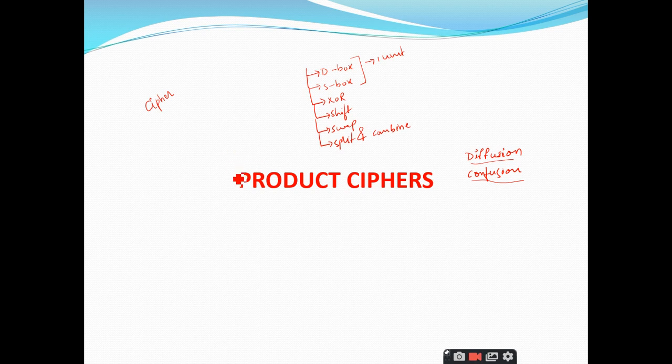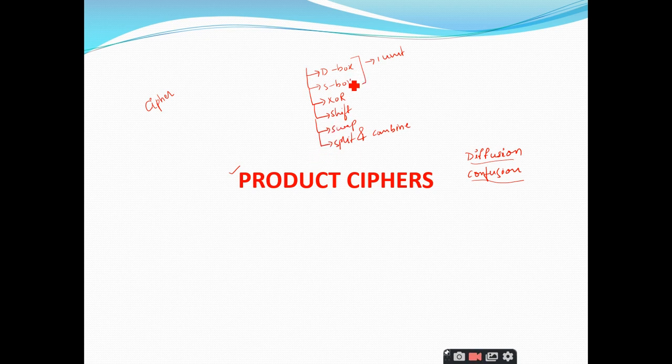So have you understood what actually is the product cipher is? It is nothing but a combination of one or more components. It's not necessary that you always combine the D box and the S box only. You can also combine this T box, S box with SR, or you can make use of the swap component with S box and D box. Like that you can make any combination of the product cipher, but you should also remember that it is not a single unit. So you combine it as a single unit, but these units are n number. These units are in n number, right?